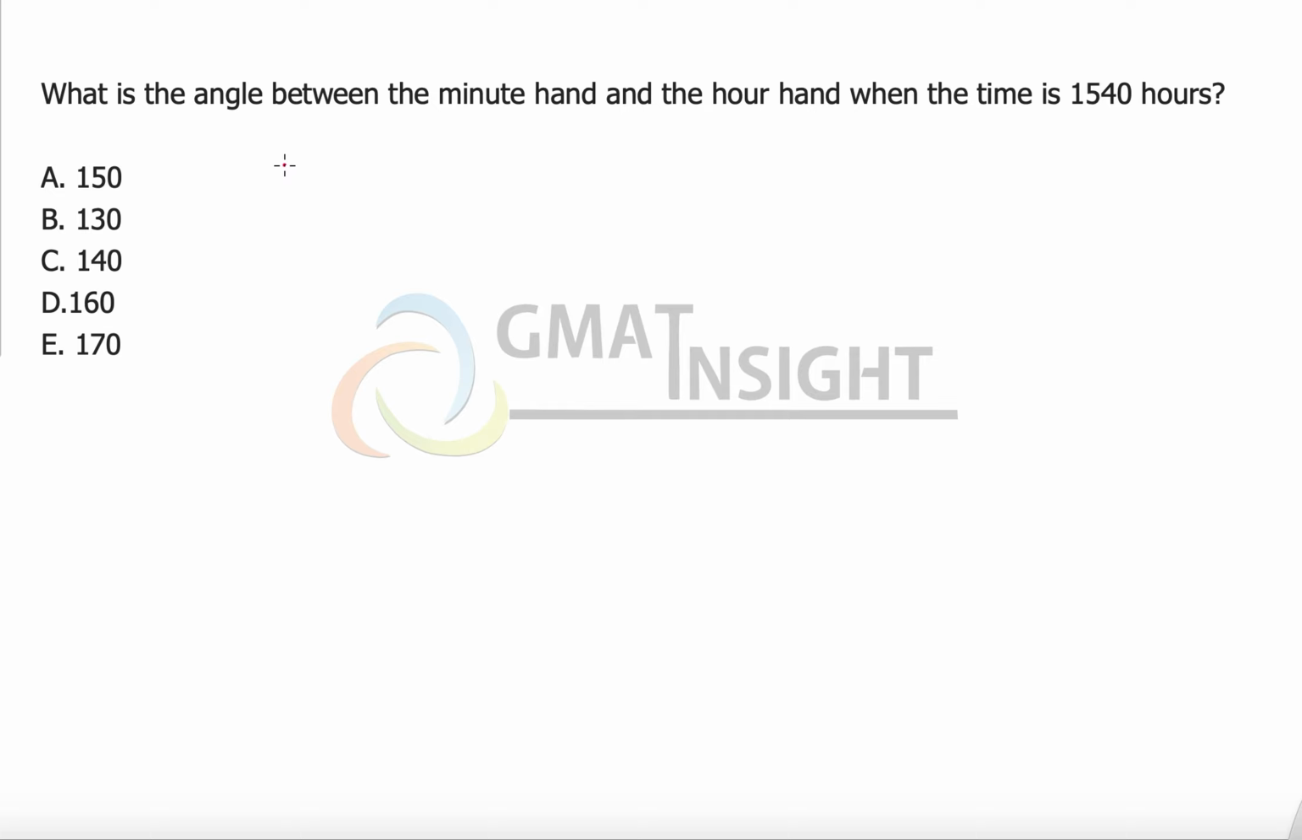The question is, what is the angle at 1540 hours? So in other words, we can also say at 3:40, what is the angle? To answer any such question, we always start the clock at a perfect time. So I'm going to start the clock at sharp 3 o'clock. At sharp 3 o'clock, the hour hand will be looking at number 3, whereas the minute hand will be looking at 12,